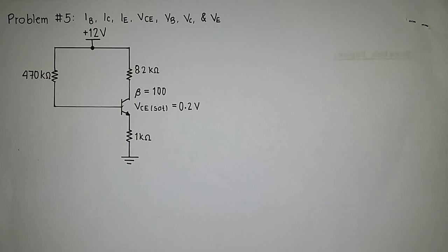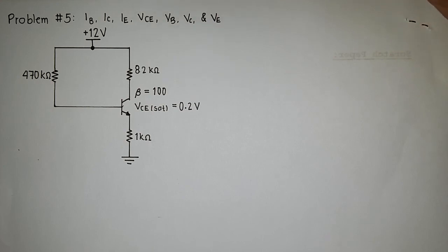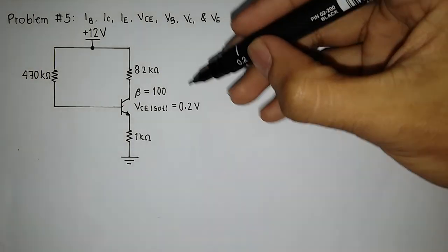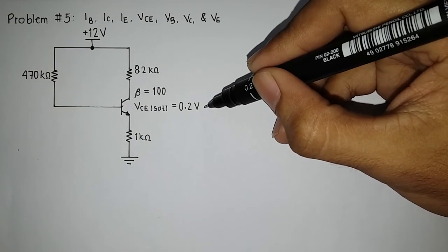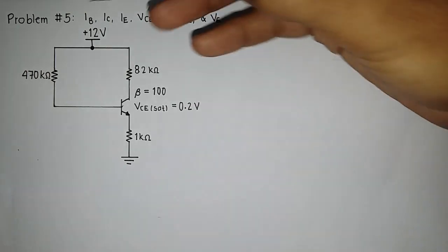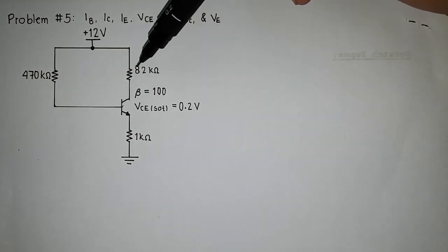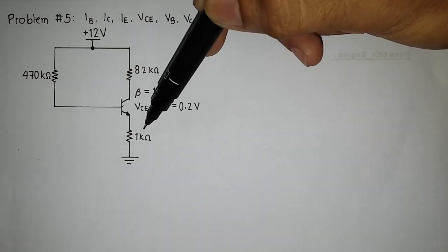Problem for the emitter biased transistor. Okay, emitter stabilized bias. In this problem, kakunin ulit natin yung IB, IC, IE, VCE, VB, VC, and VE. Now, given yung VCE sat natin. Nakaspecify yung VCE sat natin dito, 0.2 volts. Meron tayong base resistor na 470 kilo ohms, collector resistor na 8.2 kilo ohms, and emitter resistor na